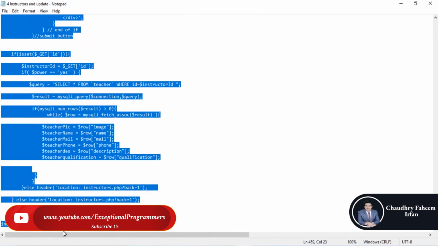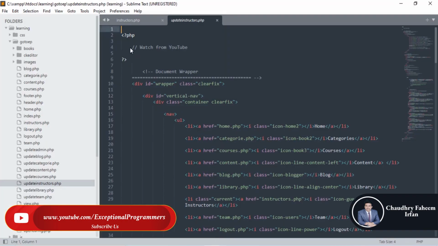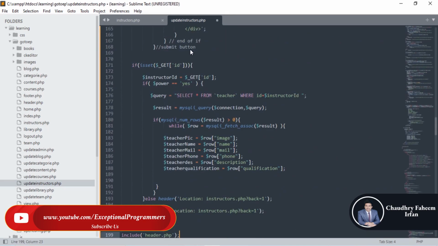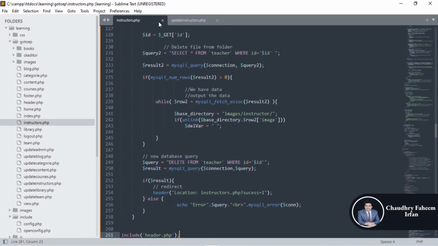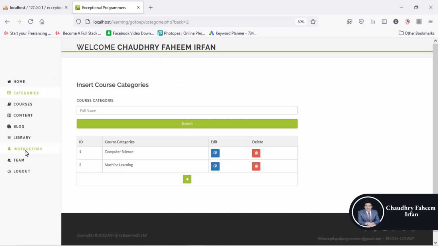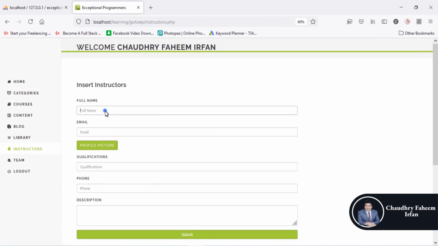Also, the procedure is 100% the same, just the variable names or the column names are different, because the instructor and the admin are almost the same. So the instructors and the update instructor file is here. Go to the instructors section.